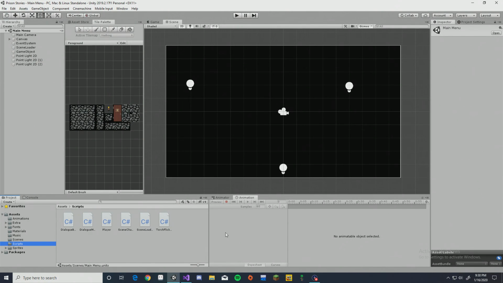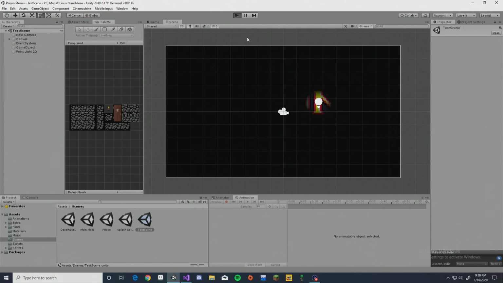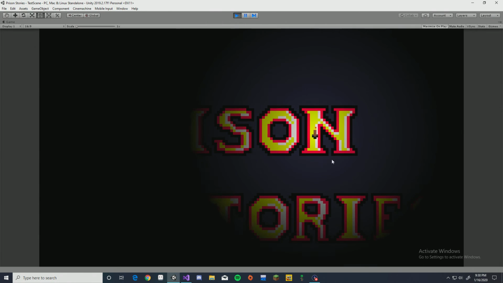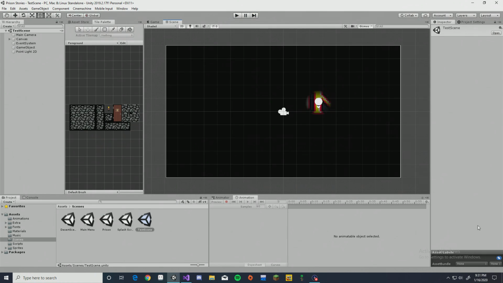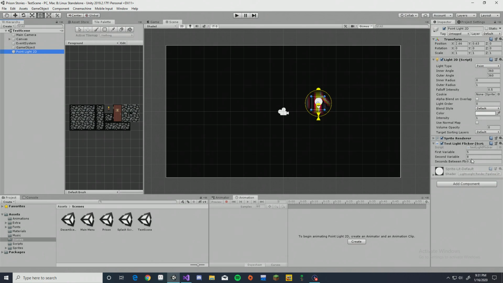Your torch should be flickering pretty nicely at this point. I think that's a pretty good flicker. You can obviously change the variables, because that's what you serialize them for, so you can tinker with them. But yeah,